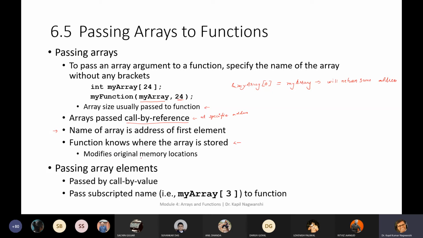The modifier modifies the original memory location. Passing an array element is call by value, like previous functions, whatever we are doing with return. So for this purpose, we need to pass a subscript, because if we pass a subscript, it will access the real value.